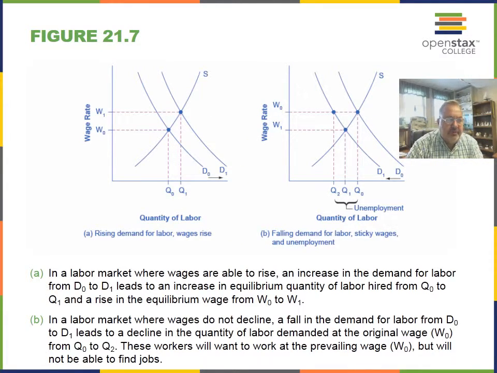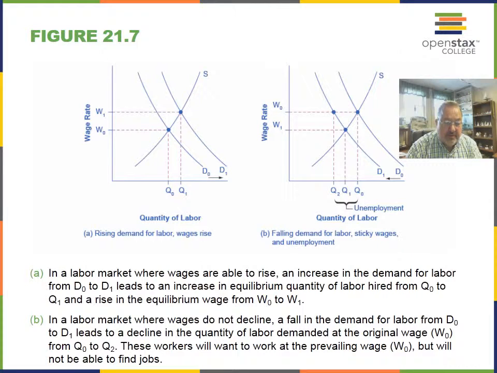This slide shows two graphs. The first one looks at the rising demand for labor. With the rising demand for labor, the wages would rise. A good example of this is the nursing industry. The supply is remaining pretty constant on nurses. Our demand is increasing with nurses, although we are actually supplying a few more nurses, but the demand is increasing because people are aging and they need more nursing care. Because of that, the demand for nurses is increasing, which is bringing that prevailing wage up.